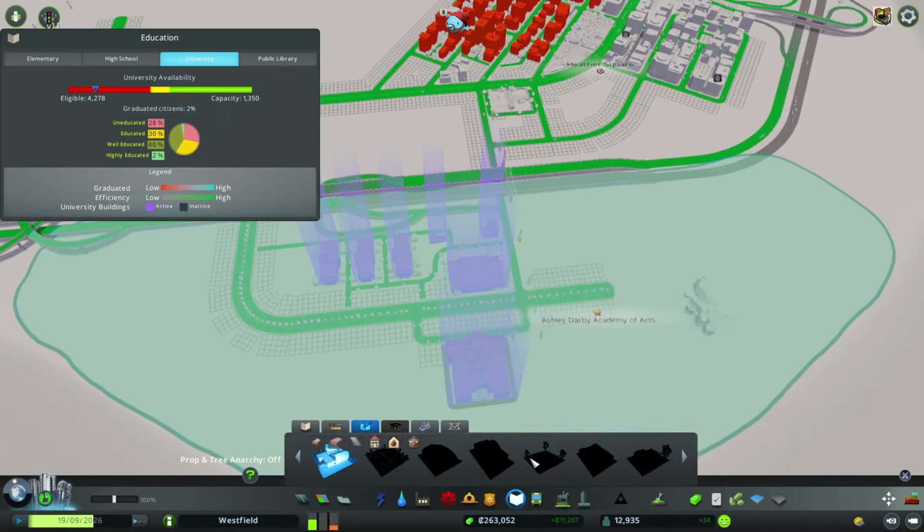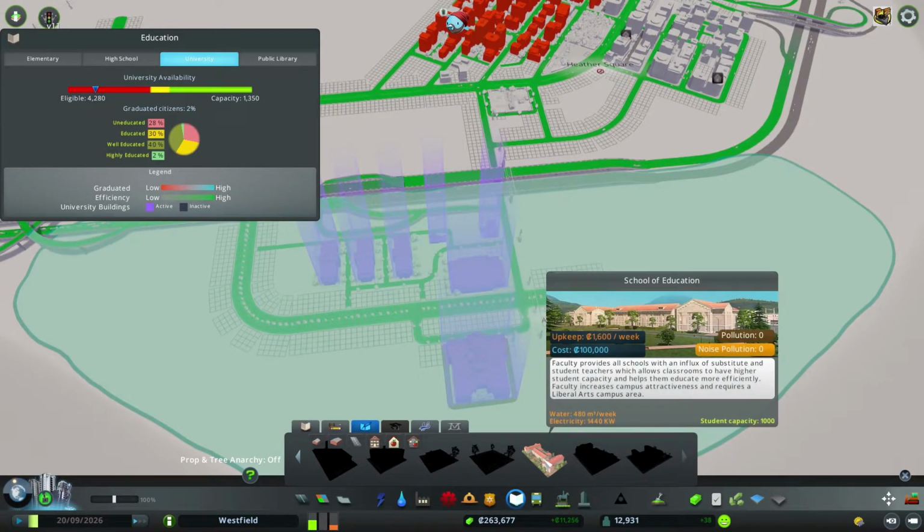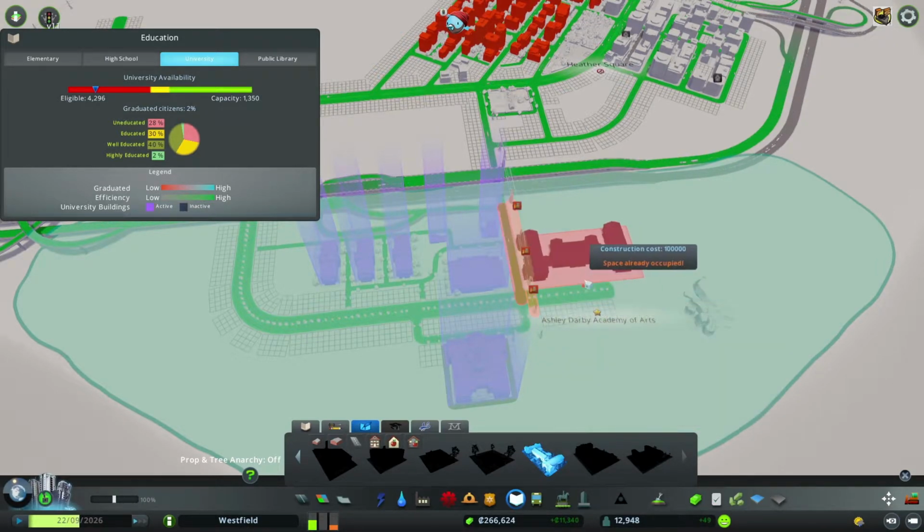And then what else is in here? Anything else we have? We can't unlock any of these yet until we get further along. There should be, here we go, a larger building. School of Education. Oh, and this has 1,000 students. Okay, let's...